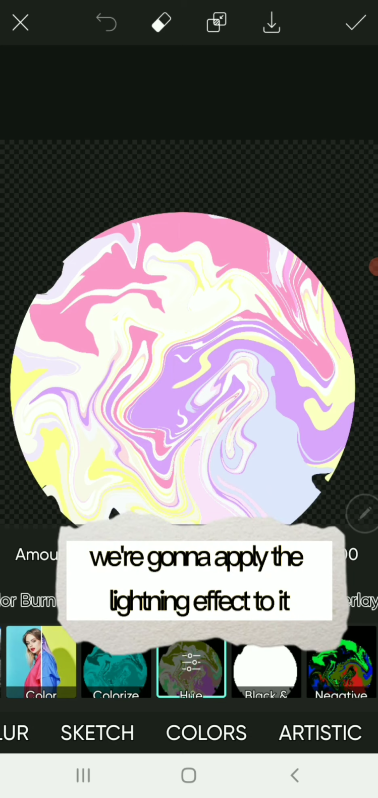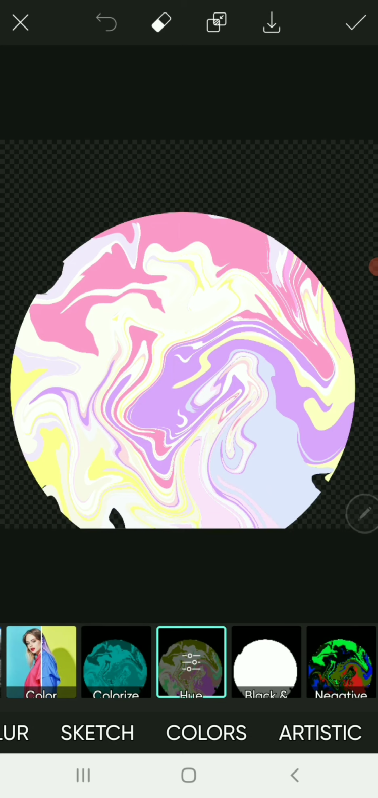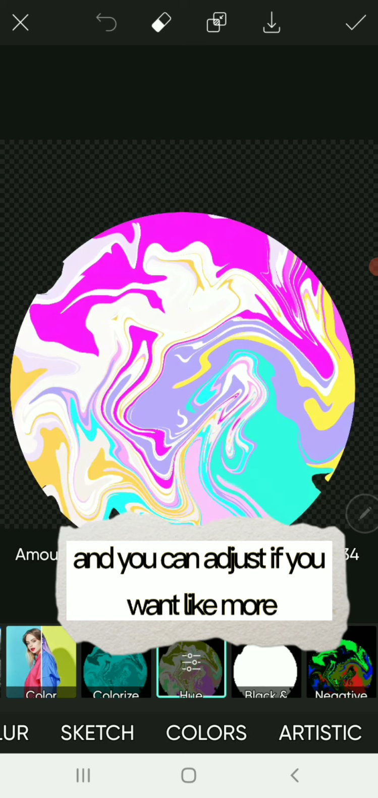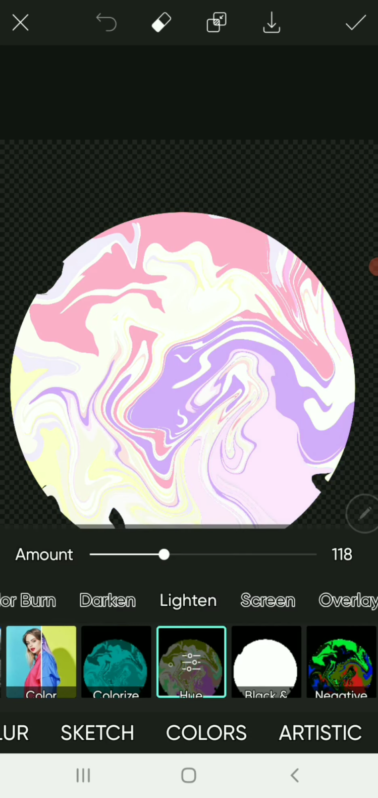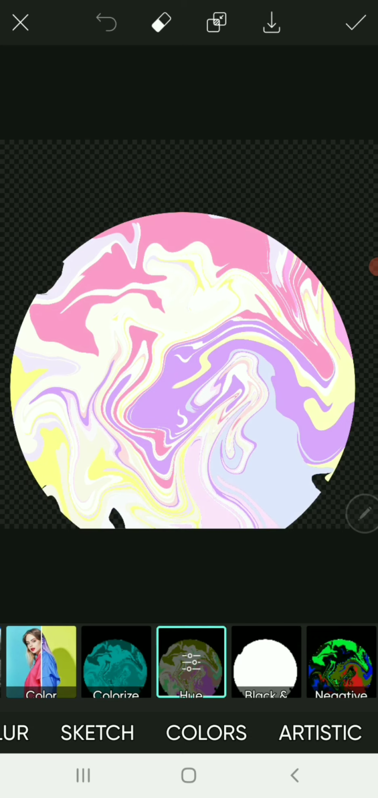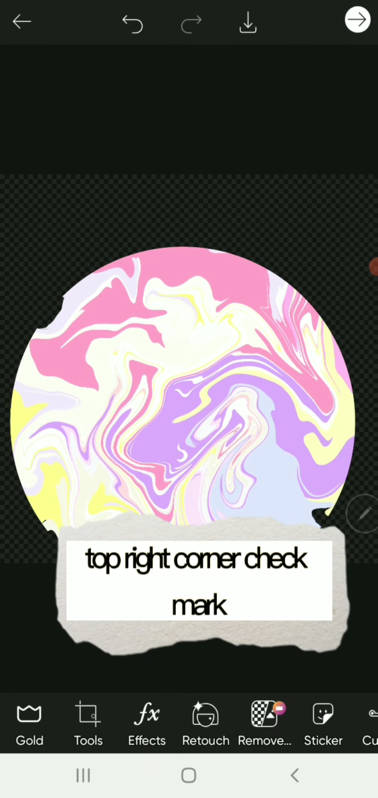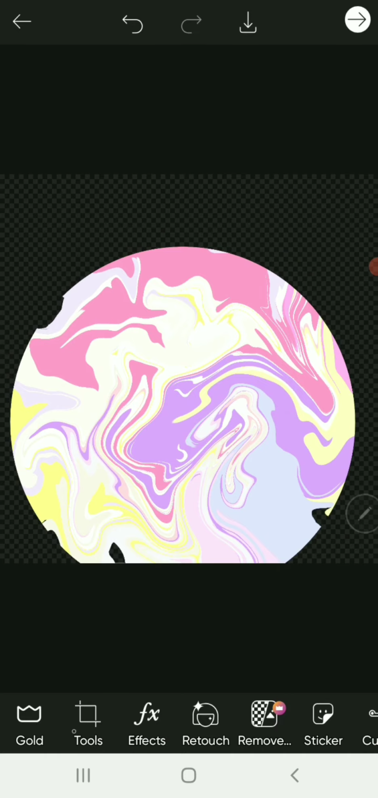We're going to apply the lighten effect to it. And you can adjust if you want it like more, or if you want it less. Like you can play around with that. I'm going to leave it about right there. Top right corner, check mark. Now, I'm going to go